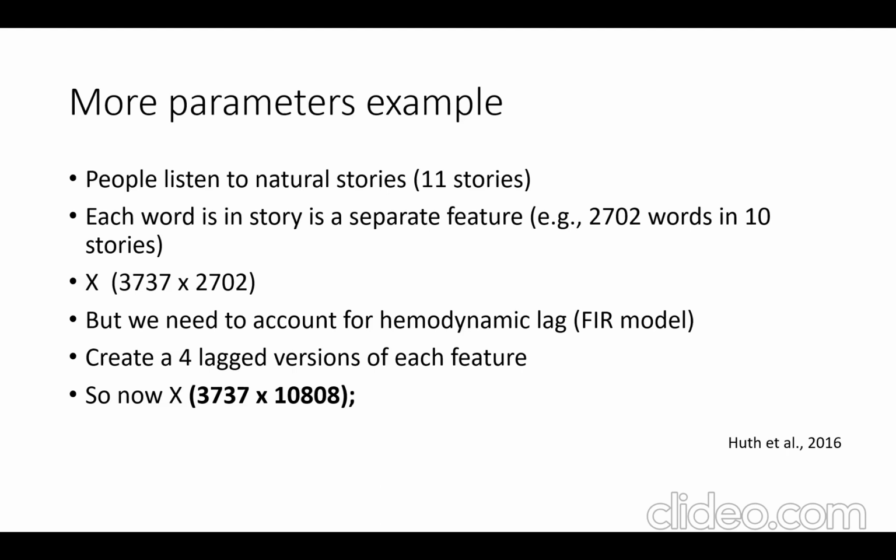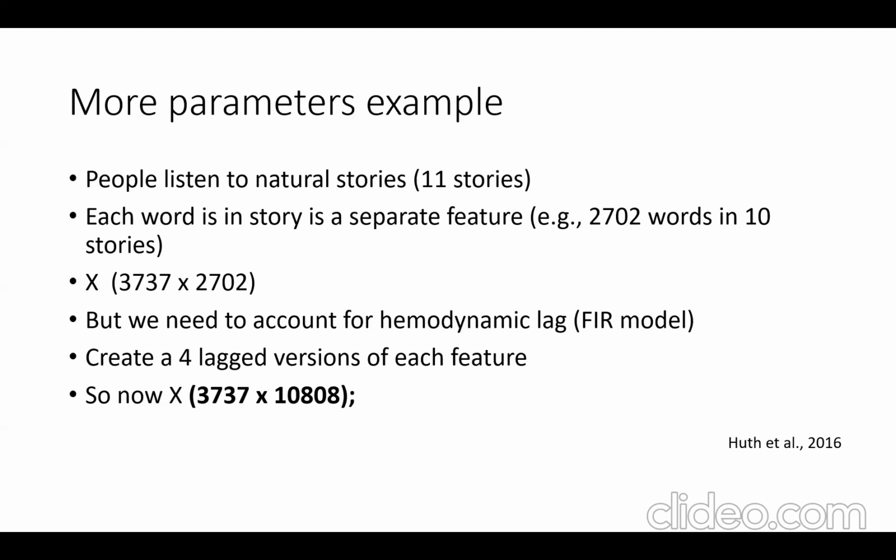The examples I've shown before, they pre-processed data in a way that they didn't have to fit the canonical HRF. But when you have naturalistic stimuli, for example, you might want to account for the hemodynamic lag to actually be able to predict the brain data well. So, for example, this can be done just like in SPM or FSL by multiplying each of our regressors by some basis functions. Or it can be done, in this particular example, they did an FIR model, which is basically